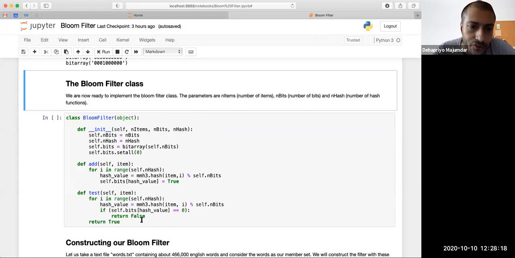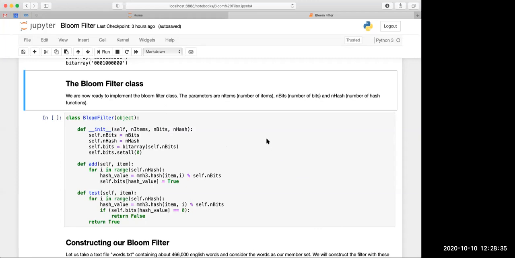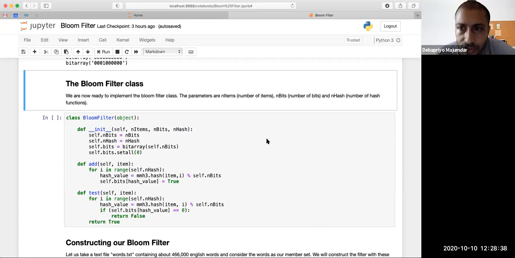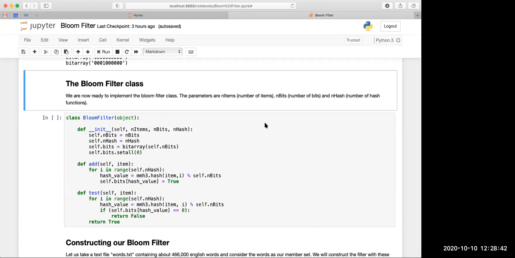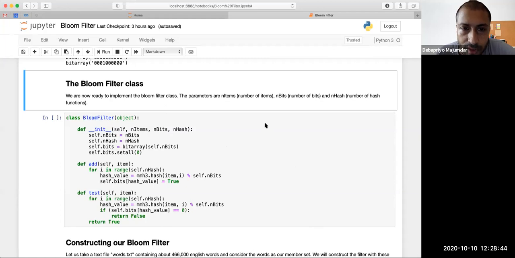If you're not used to object oriented programming in Python, it's not that difficult. So how many of you are not used to object oriented programming with Python? Can you raise hands? Raise hands in the Zoom, there's something called raise hands. I am not used to. Okay, so how many of you are not used to Python at all? Is there anybody? Hope not.